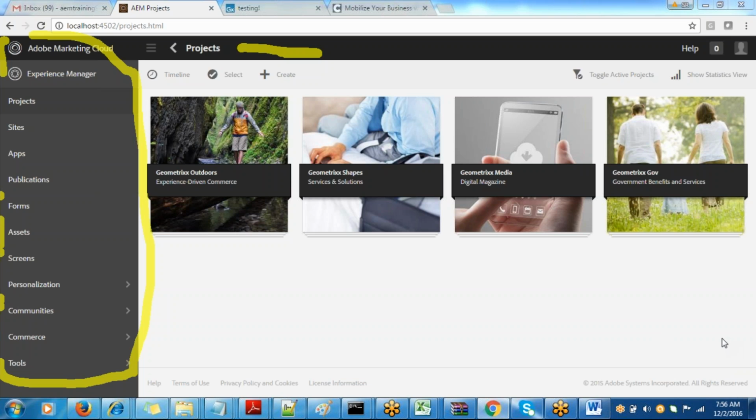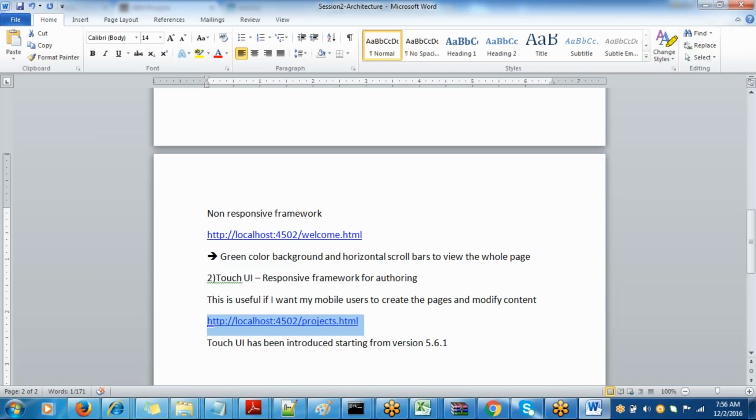So if you see this, let's clear everything. Touch UI. So let's talk a little bit of history around why this was introduced. This is a responsive authoring framework which enables authors to create content using mobile devices